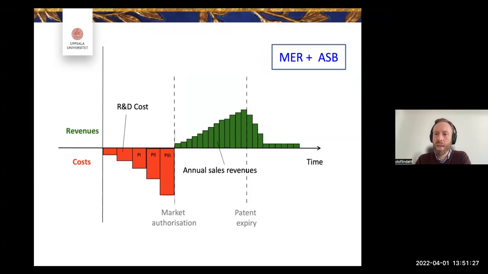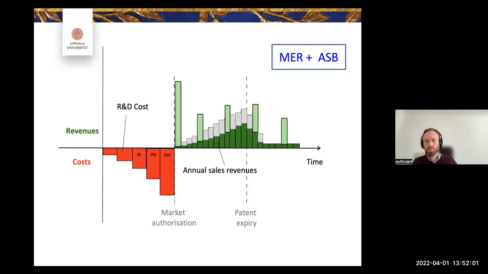The market entry reward with the ASB would look slightly different. First of all, you would have lower sales. That's the whole point, actually, because there is an assumption that there is excessive selling going on. There are, of course, references for up to 50% of sales being excessive and unnecessary. I can't speak to that, but I know I've read the papers. But the point is, reduce sales and then compensate for that by first an initial slightly lower wall of money, and then with payments over time. And this, of course, is geared towards the idea of retaining the efficacy of the drug.